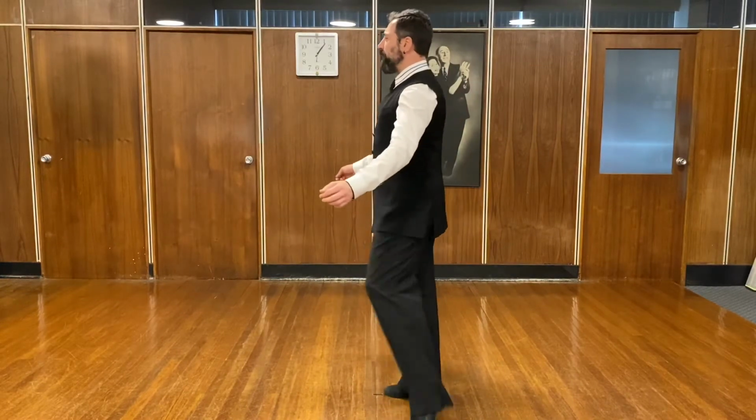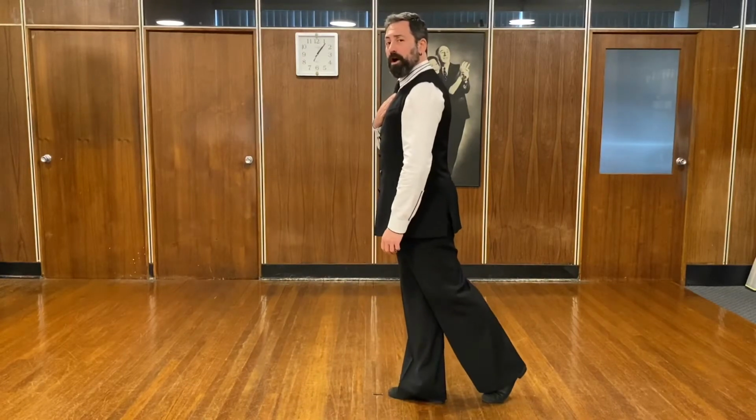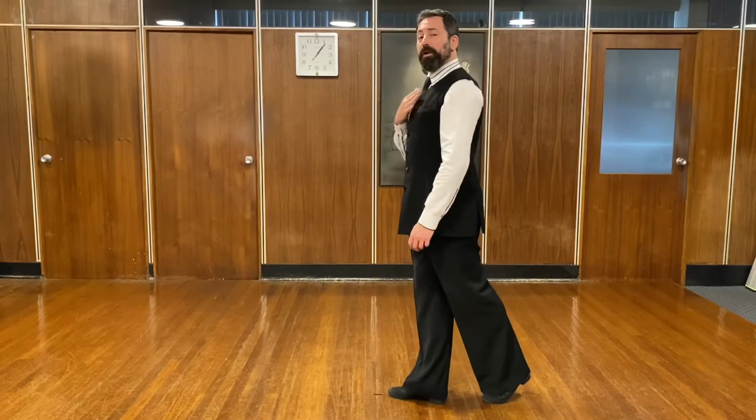So again, if I go back to my point, 2, 3, point, that's where my rock back will go. I do not want to move back on this. So again, if you find that introducing the rock actually makes you move backwards, transfer back to the tap again. And then you progress with the tap until you feel comfortable that your weight is inclined forward, and then the